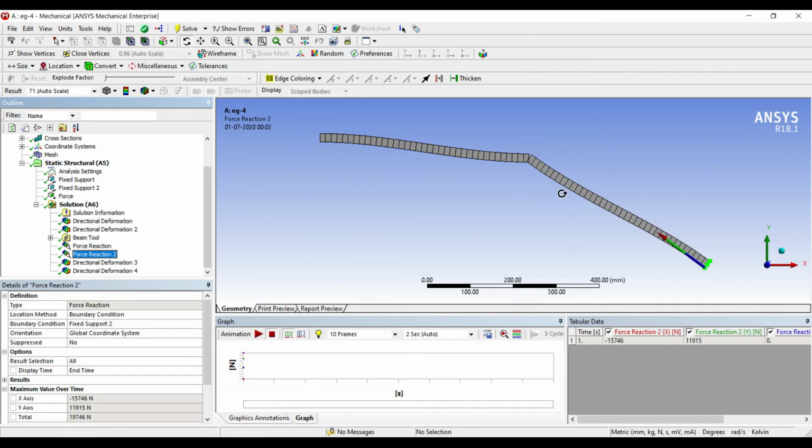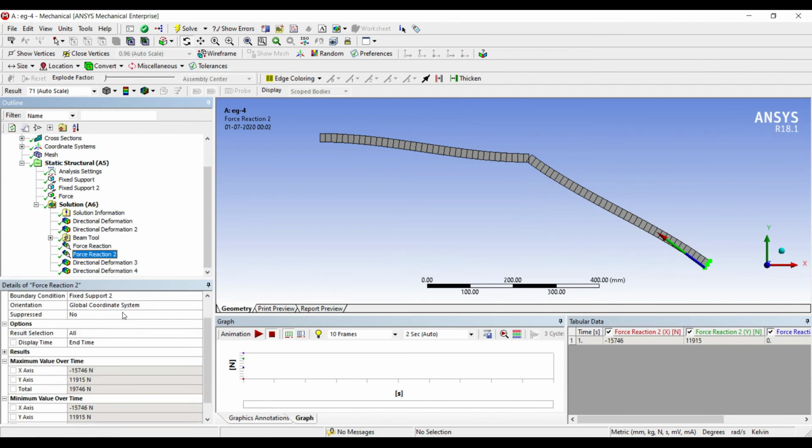At the second fixed end also you can see the force reaction by using D'Alembert's principle, which is summation of force along the y axis is going to be 0. You can use that formula and you can check the values of force reaction. I have explained it in detail in the first two numericals. Please go through the first two numericals, you will understand it completely. I'll link them in the description box. Also along the I button at the top you can see the links will be available for you. You will understand how the summation is equal to 0.